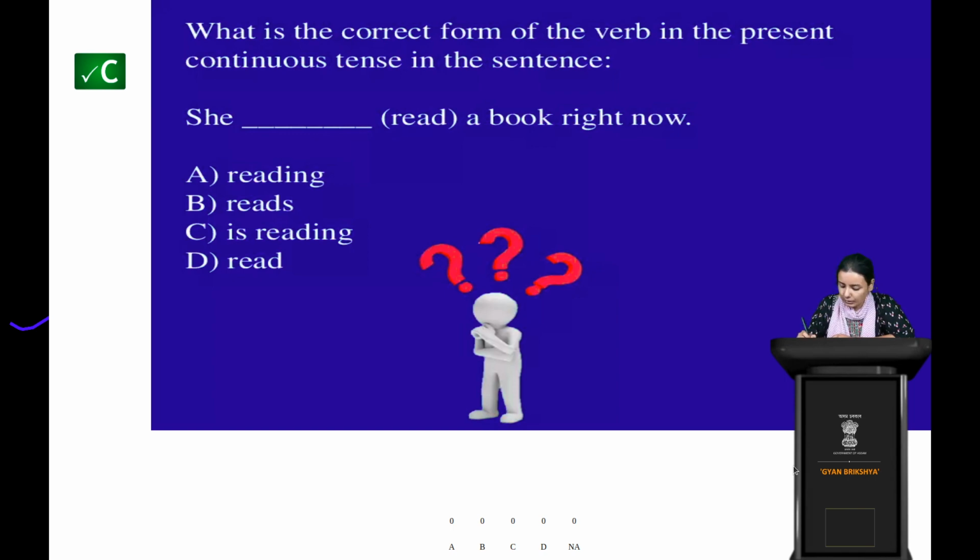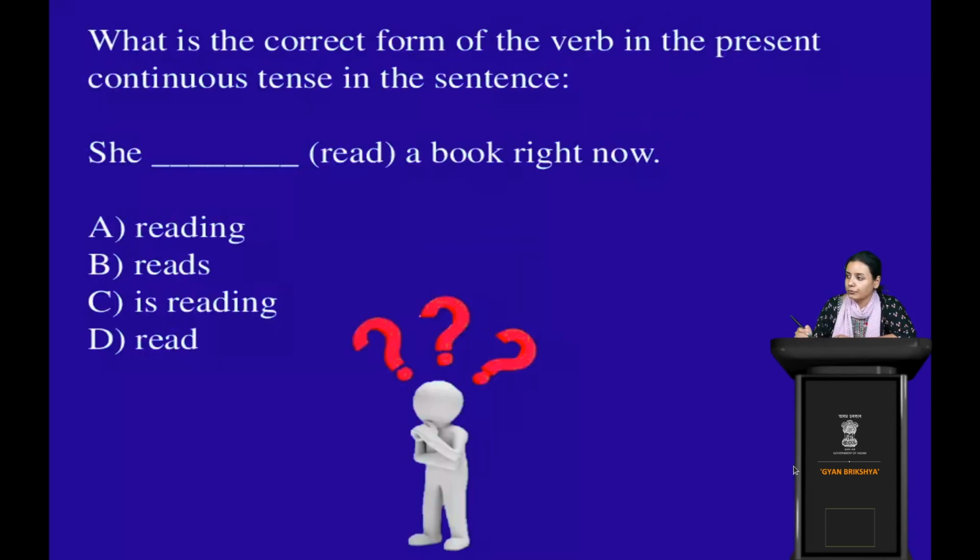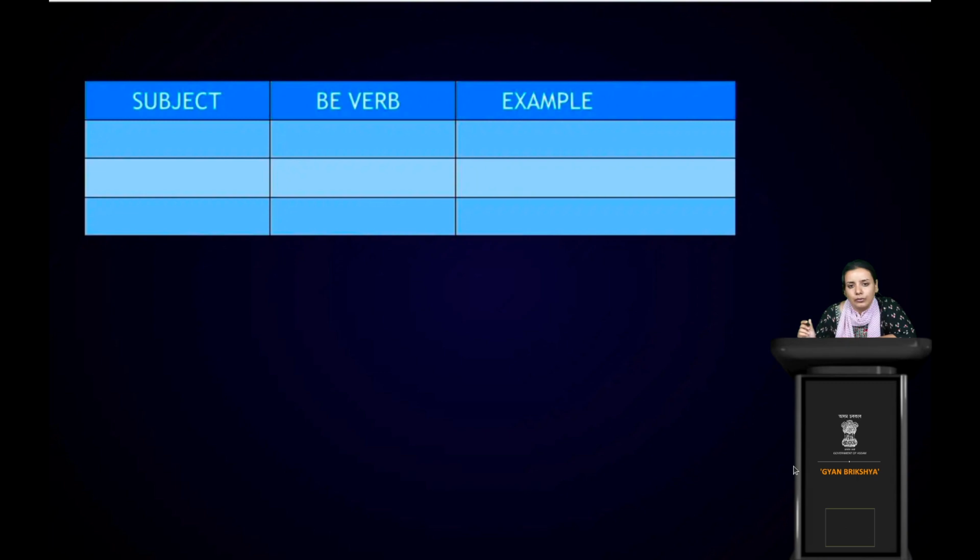So is plus read, and then ing, right? So we can say reading. And this is verb plus ing. Here I have written ing. Okay, so this is the simple formula. We have to just see the difference or identify the sentence carefully, and then we can easily identify the sentence.